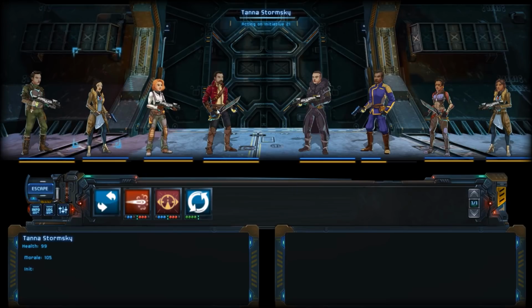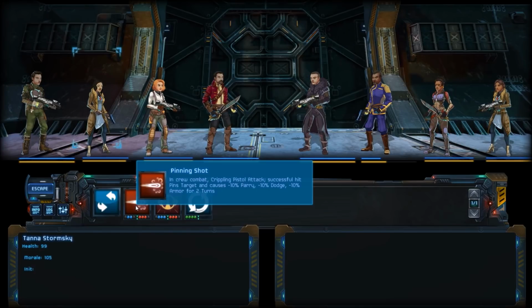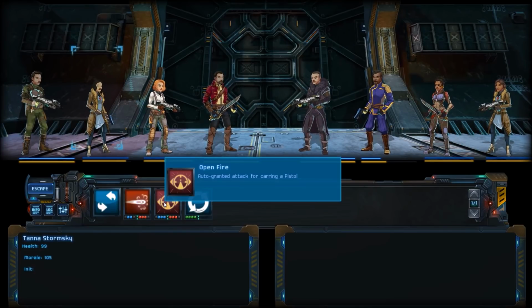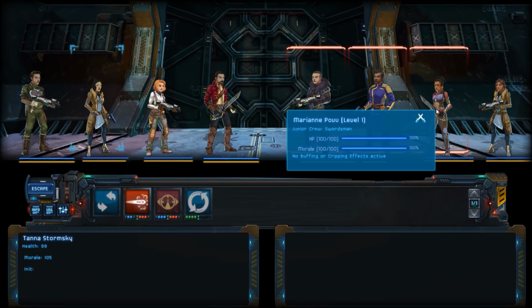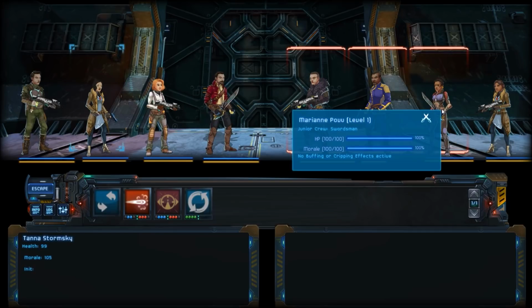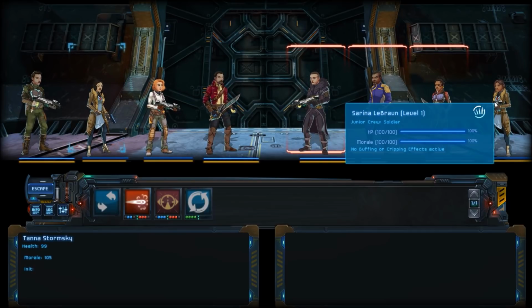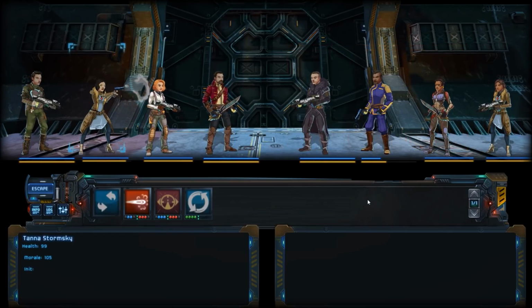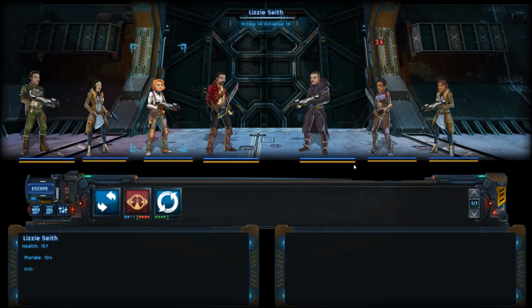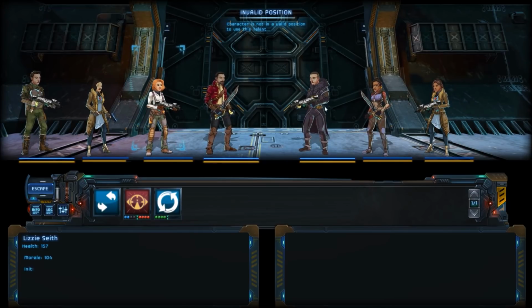So Tana gets to go first to roll initiative. She has a choice of doing a pinning shot in crew combat, a crippling pistol attack, successful hit pins the target and causes problems for them. Or we can just do a regular open fire and just start shooting at folks. We're going to try to pin her back there, I think. Pistolier, soldier. I can't reach you. Let's hit Darren here. There we go. Oh, Darren's dead in one shot. All right, Lizzie is going to do a short burst on...